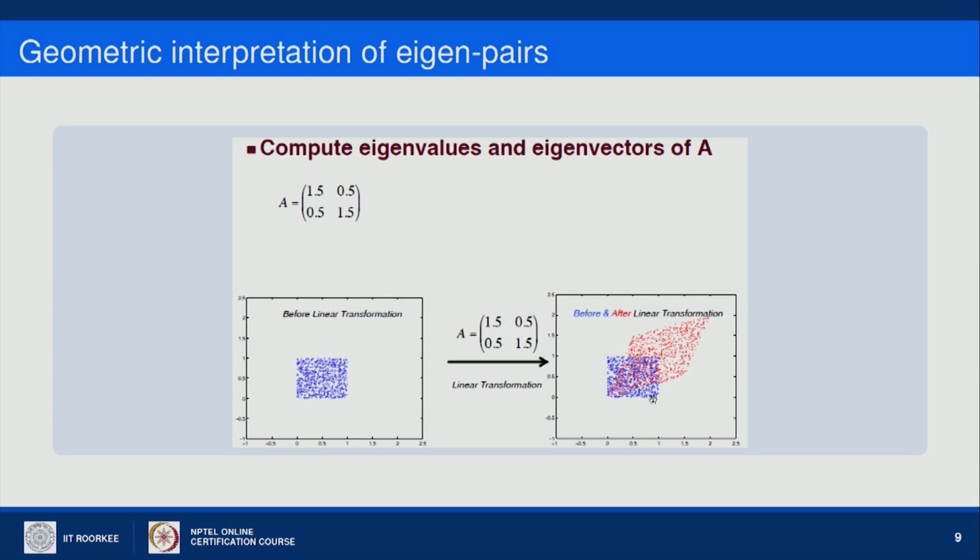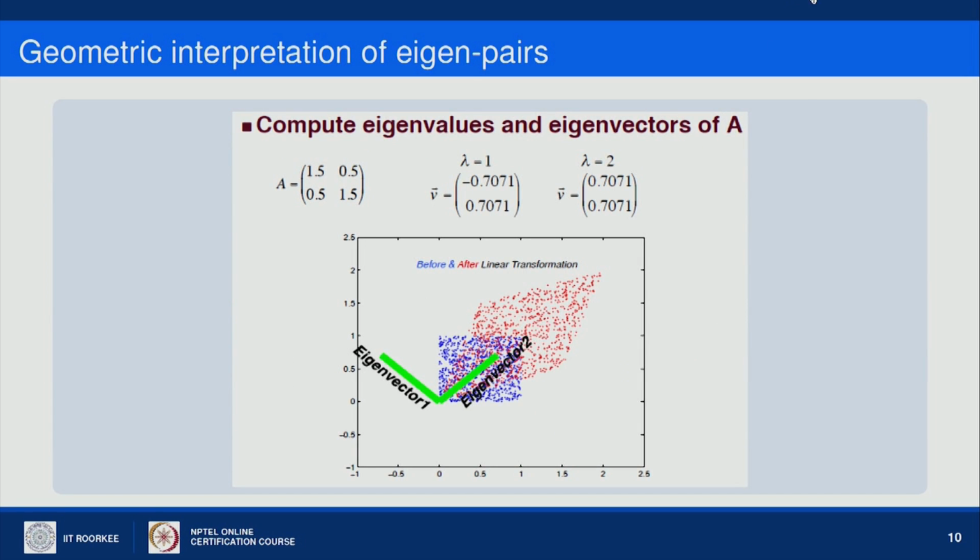So, blue points are before transformation and red cluster of points are after transformation. So, what is happening? It is changing this square shape of points into this shape. Now, if I calculate the eigenvalues and eigenvectors of this matrix, eigenvalues are coming 1 and 2. Corresponding to 1, eigenvector is minus 0.7071 and 0.7071, which means a line in the direction of y